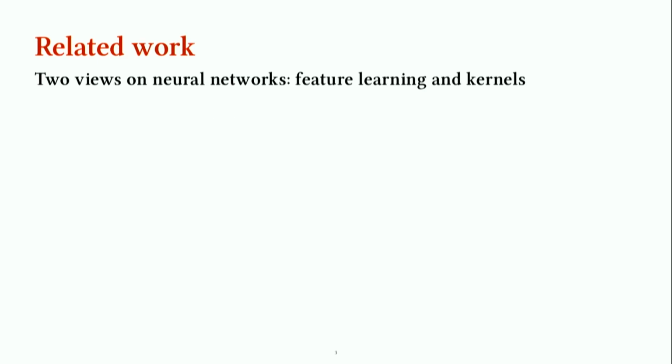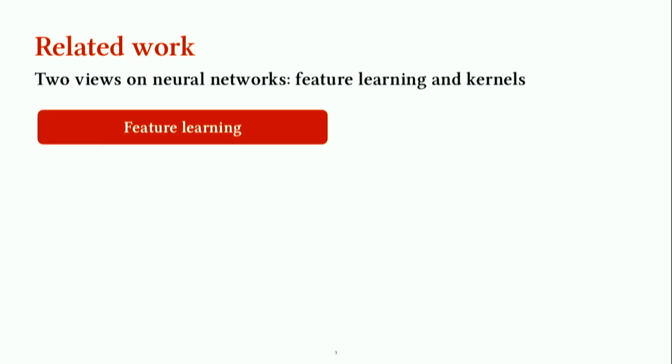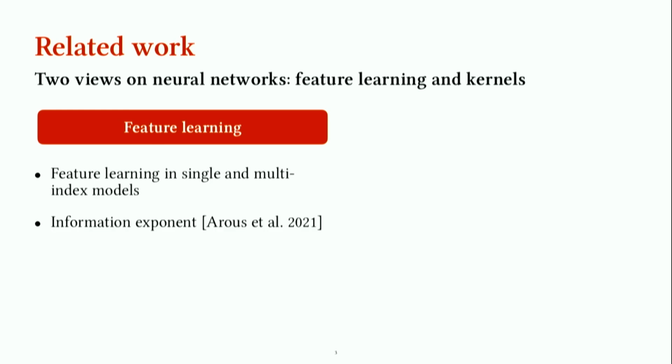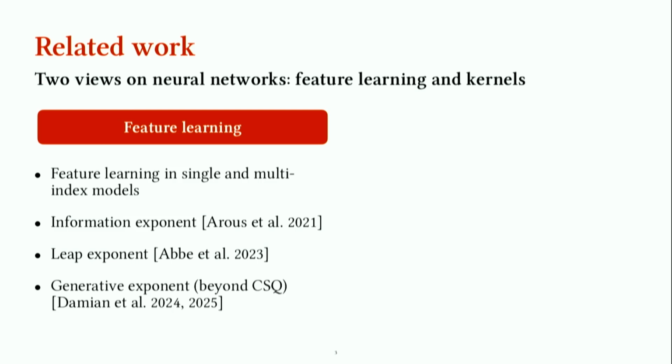There are some related works, though, relevant for our talk, especially some works on feature learning that focus on learning low-dimensional functions. Here, we have complexity measures such as the information exponent for generalized linear models, which generalizes to the leap exponent for multi-index models, where some property of the nonlinearity of your data comes up in the exponent of the dimension dependence. You could go beyond these using some tricks to go beyond CSQ algorithms, and these have recently been generalized to more general statistical query algorithms.